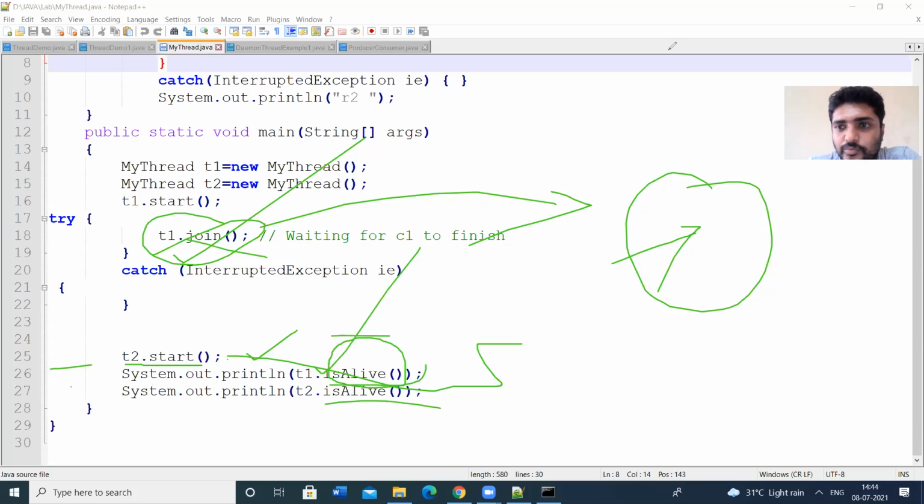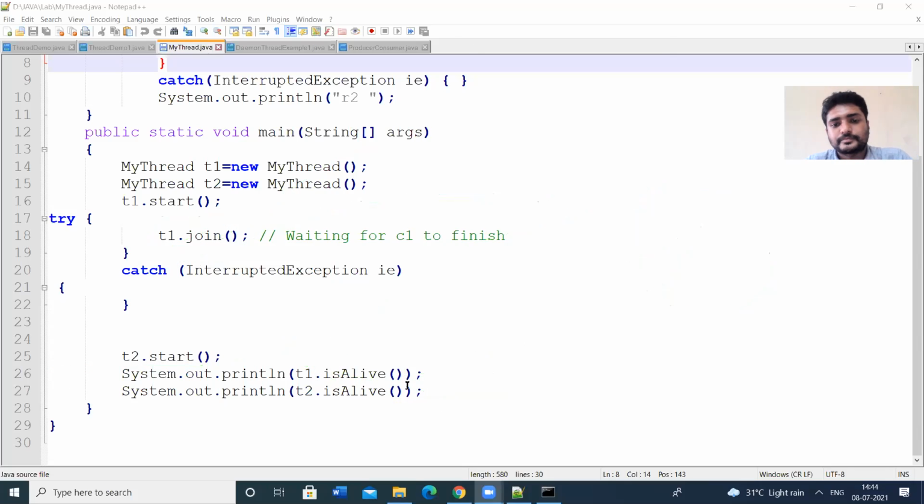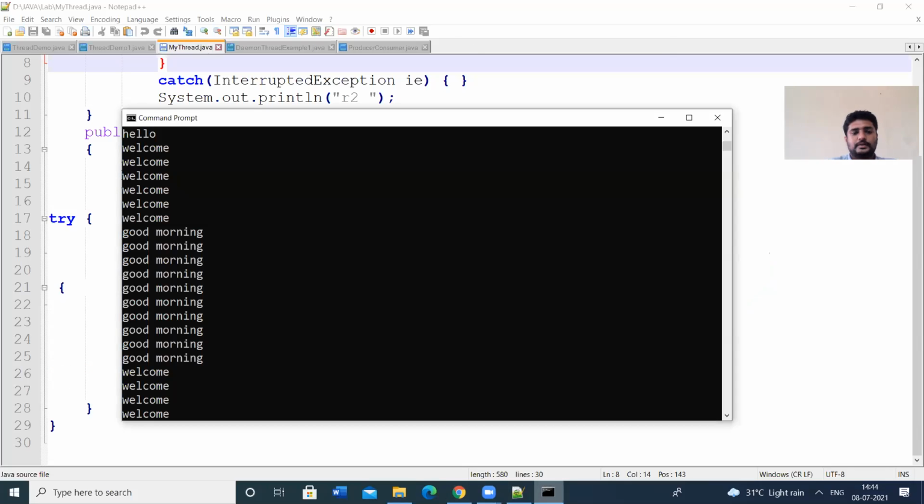So let us see the output. Javac myThread.java.